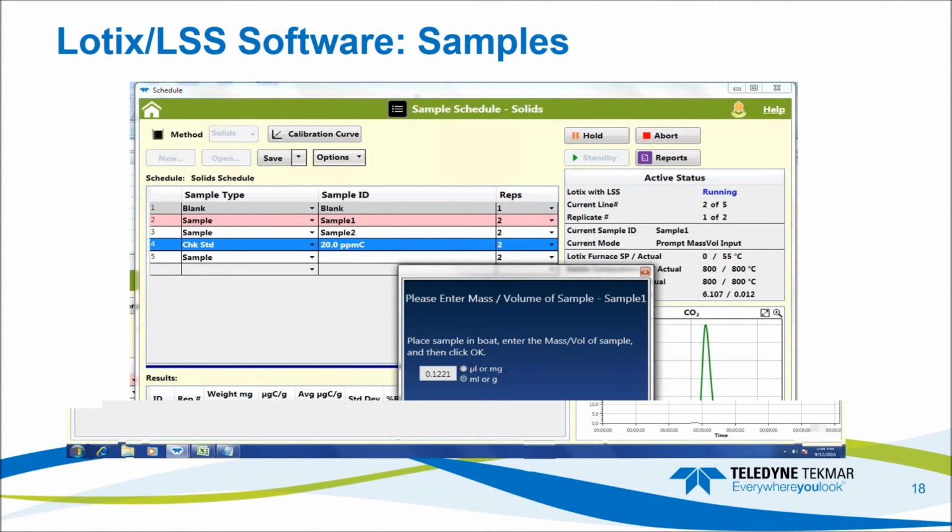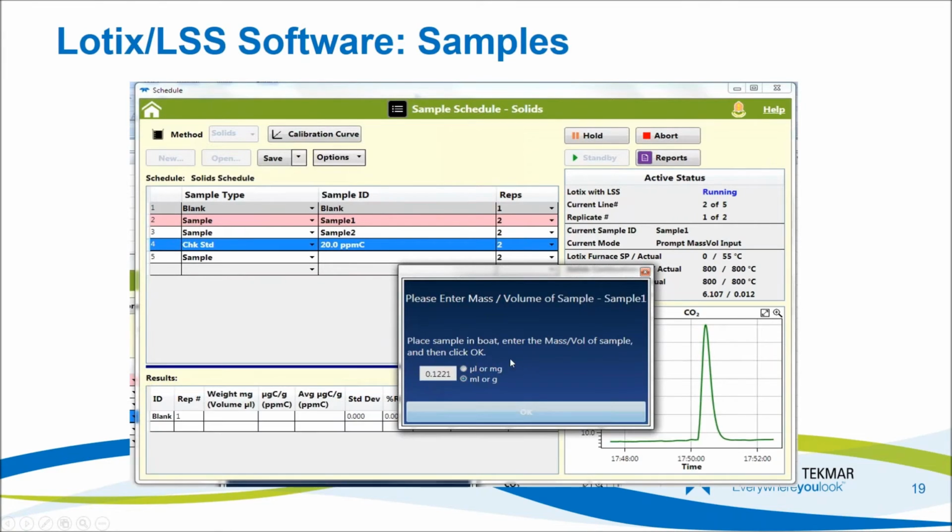Here's a picture of the sample screen. So it's a little bit different when you hook up the boat. You will have to physically type in the weight of each sample. It will prompt you to do this when it's ready. The boat will come out, and you'll put the new boat in, and then you'll tell it how much you weighed out of that dirt or soil or very cloudy particulate-laden sample, and you'll put in the weight, and then you select which unit it's in,